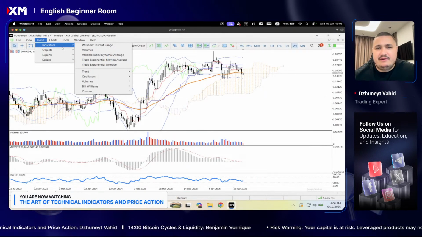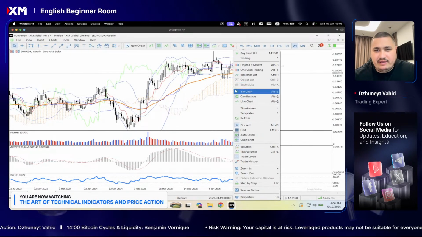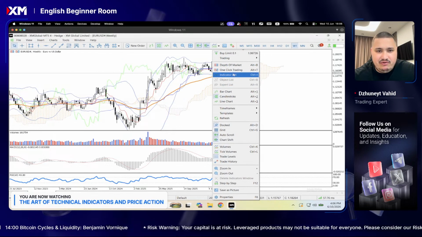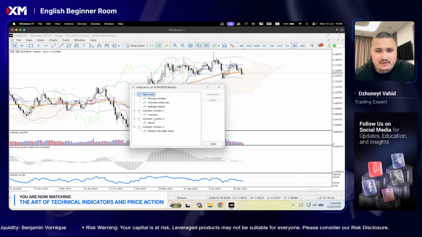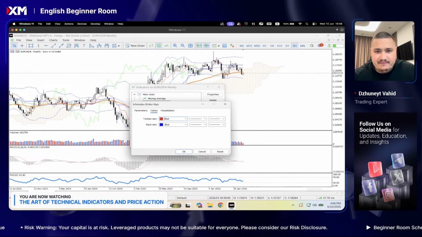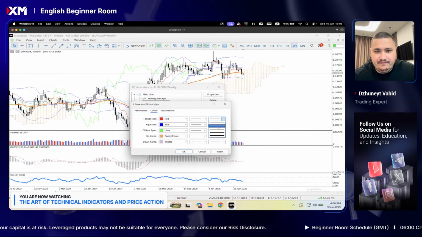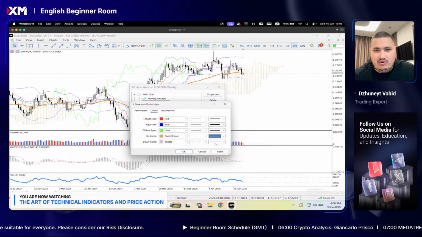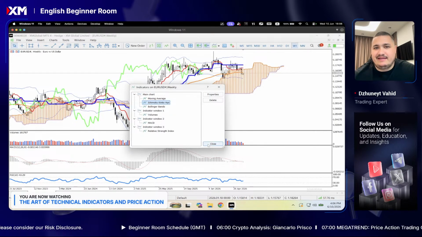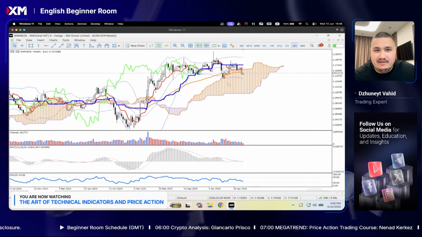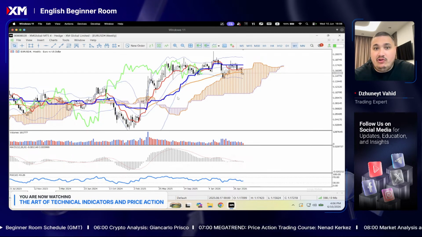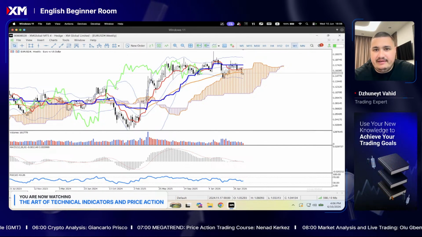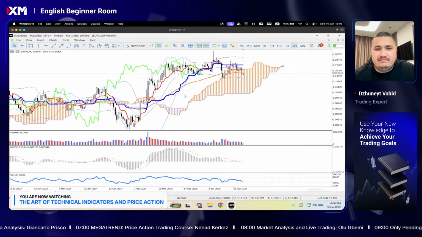Colorful, nice. We can even bold them a little bit in order to have better visibility. Let's go for Ichimoku. Let's make them look great. Okay, let's bold those. Boom. Even looks better right now, right? So many colors. Just because we have a lot of colors, a lot of curved lines, a lot of